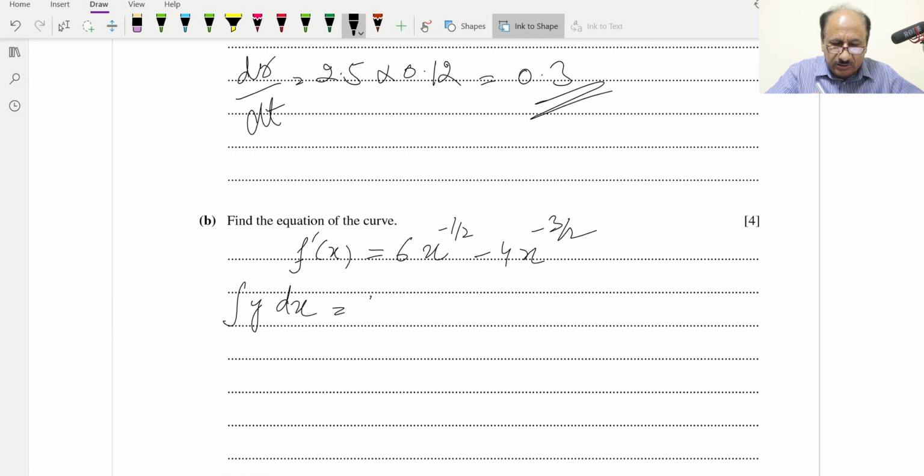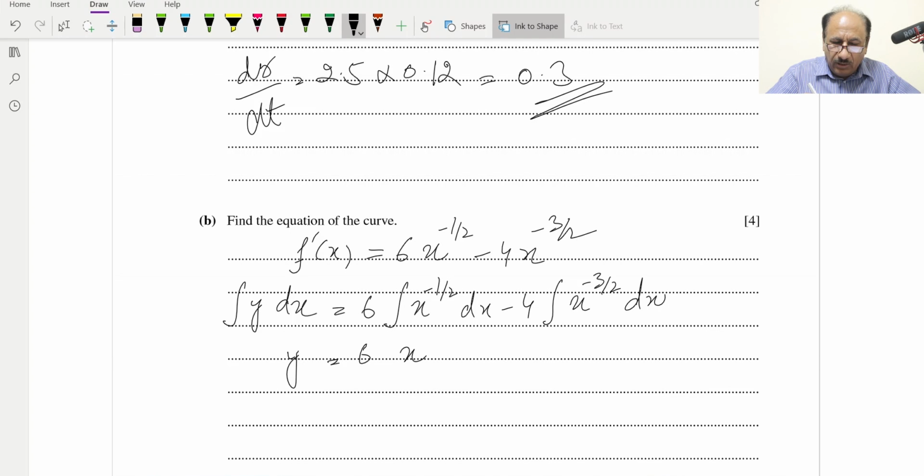This will be 6, we can write outside. So integral x raised to minus 1 by 2 dx minus 4 integral x raised to minus 3 by 2, and this will be also dx. Now integral of this side will be y, and this will be equal to 6,